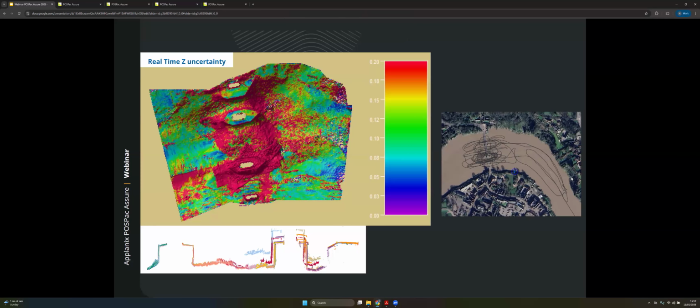What you see is a grid here of uncertainty in the z-axis. Think of uncertainty as a standard deviation. This is colored by 0 to 20 centimeters. And in here, there's lots of overlapping lines. So when these overlapping lines do not meet within this 20 centimeter range, you get this red oversaturated color. And as you perhaps expect, around these bridge footings, these sort of pentagonal shapes, there's a lot of